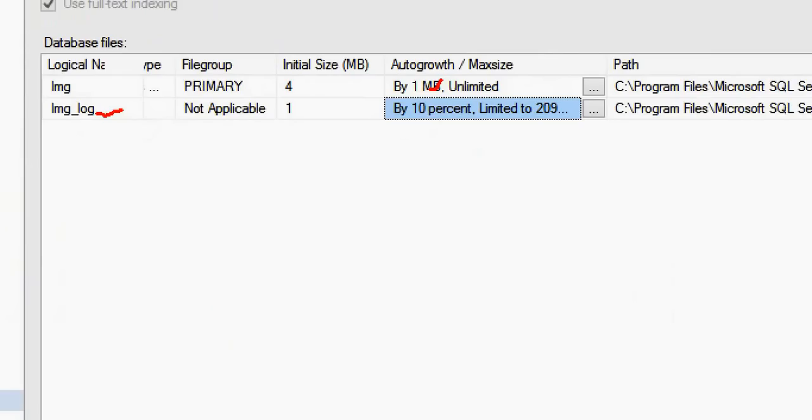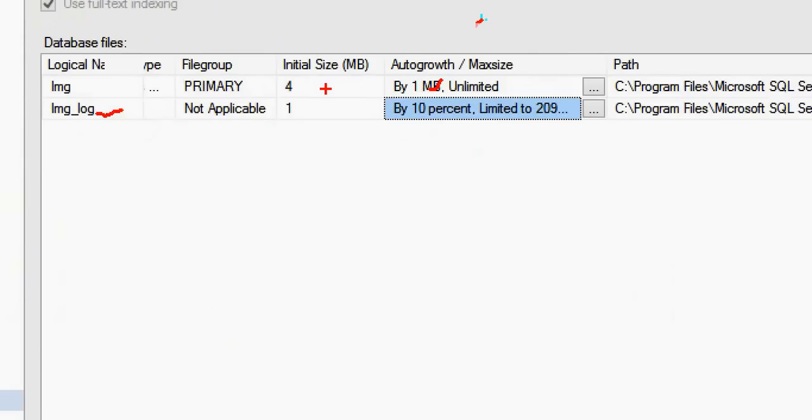When coming to the size of the LDF file, it is 10% of the size, which means if the file size is 1 MB, then 10% of 1 MB will be the auto growth size of my LDF file.